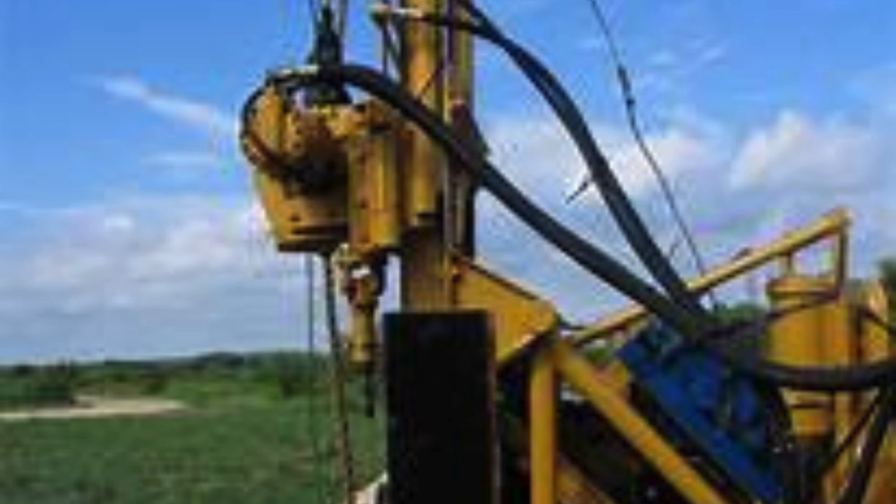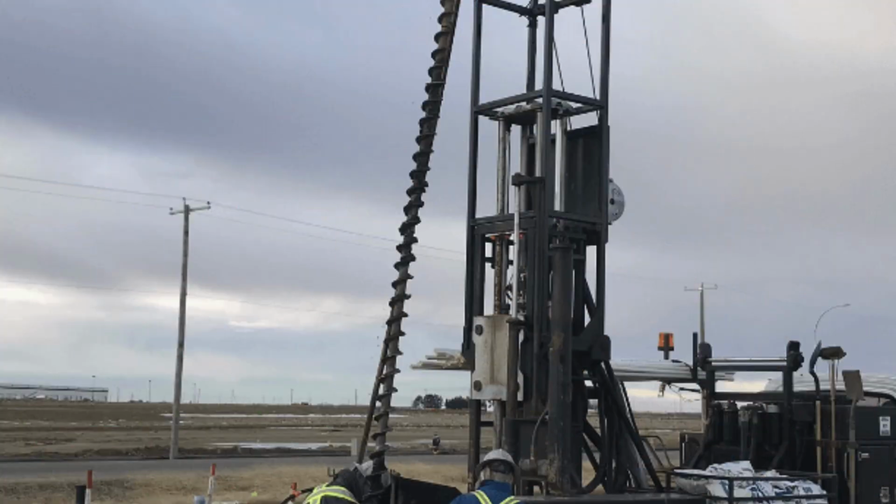One of the key aspects of geotechnical services in Mahipalpur is soil testing. Soil testing involves collecting samples from the site and analyzing them in a laboratory to determine their physical and mechanical properties. This information is essential for designing foundations, determining bearing capacities, and evaluating the overall stability of the site. Geotechnical engineers use various laboratory tests, such as sieve analysis, moisture content tests, and consolidation tests, to gather accurate data